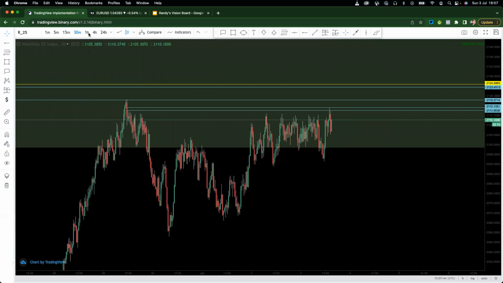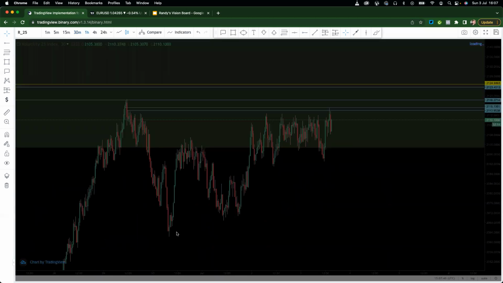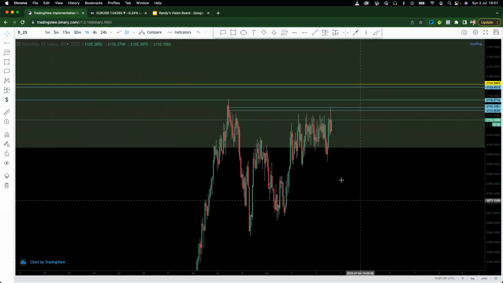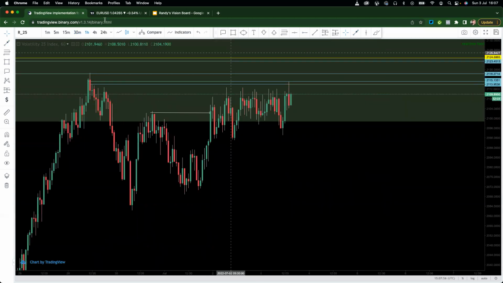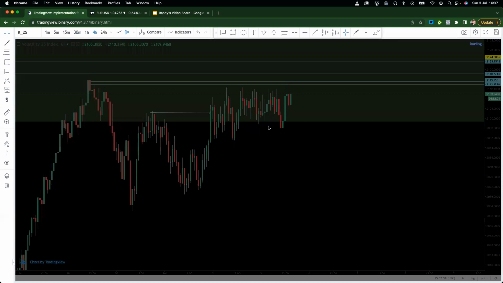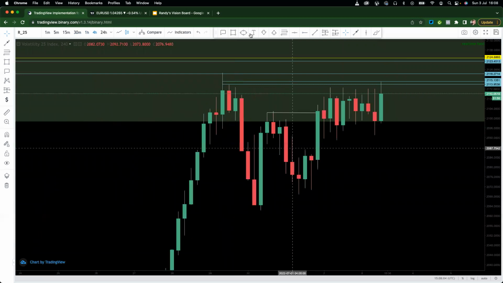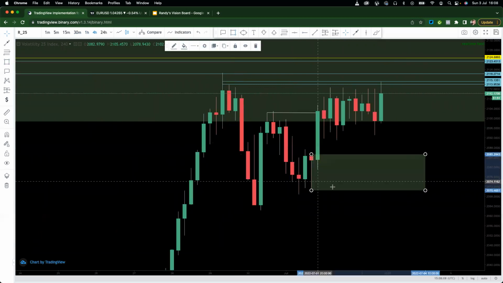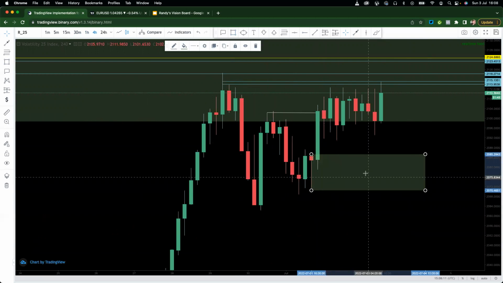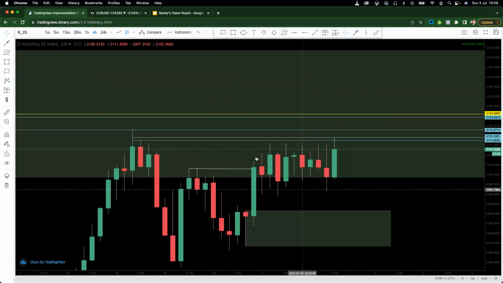Now, you need to be careful. Like this structure right here, you see, it's also like a buyer structure. It's doing some buying stuff right here. There's a breaker structure right here. I go to the 4 hour to find that order block responsible for that break. You see it? Boom. I'm not gonna put the 50% line just for the sake of the time remaining. So boom, and then